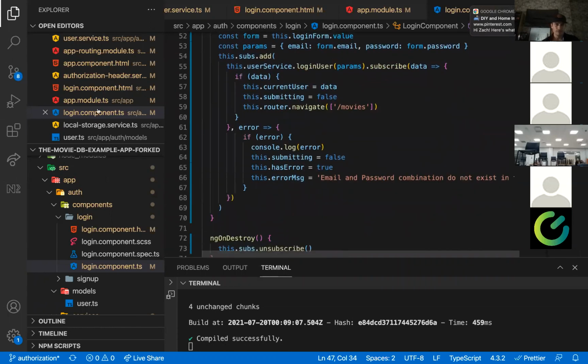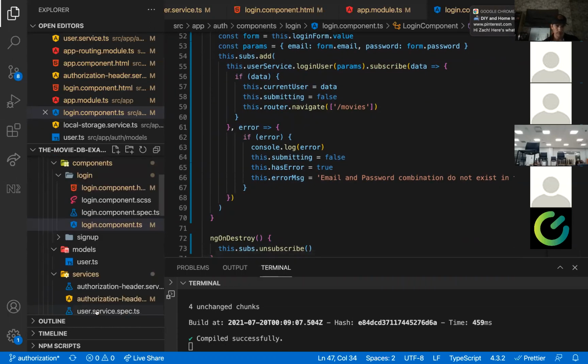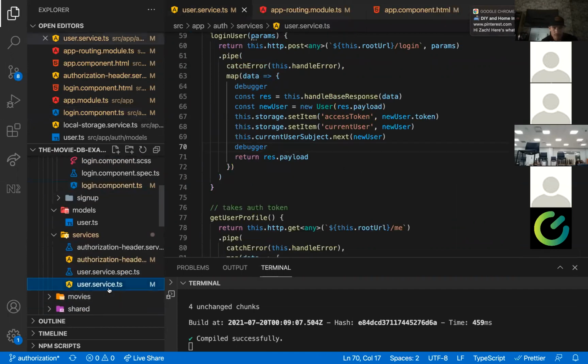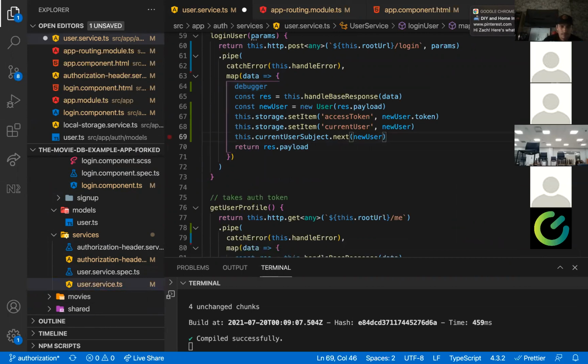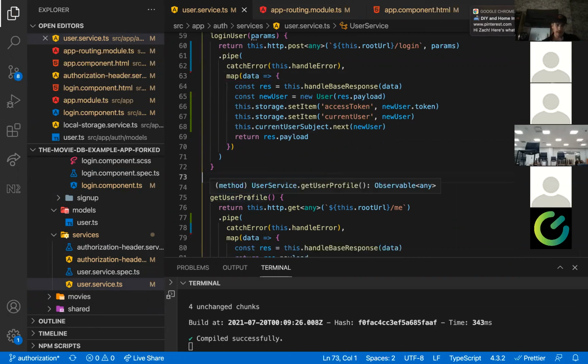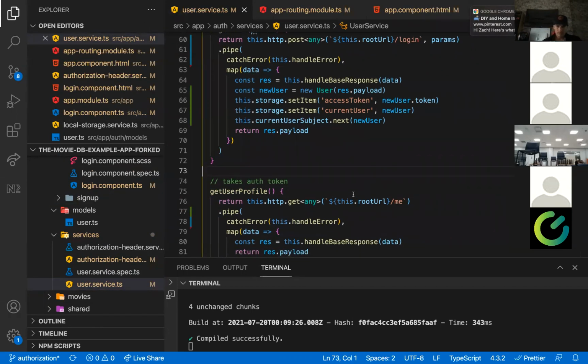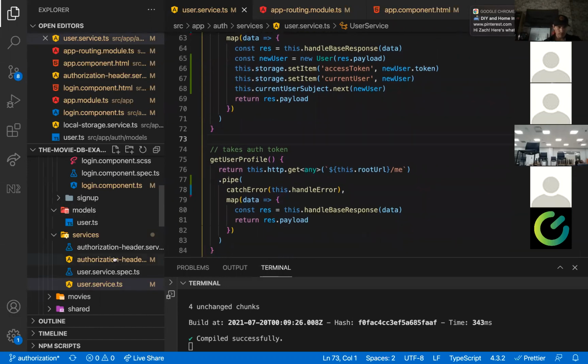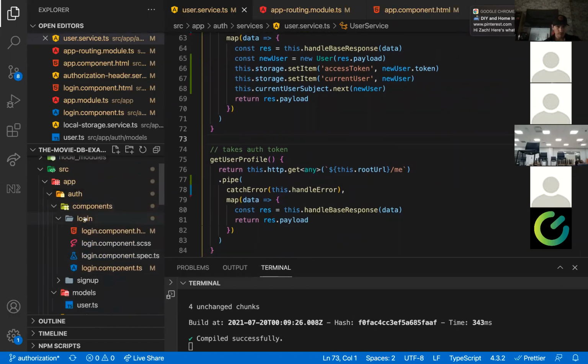So I'm removing all my debugger statements right now from our login.component.ts. And I also want to remove it from my user service. Then I'm going to copy this get user profile method because I want to show you how the authorization header works as well. So let's go to source